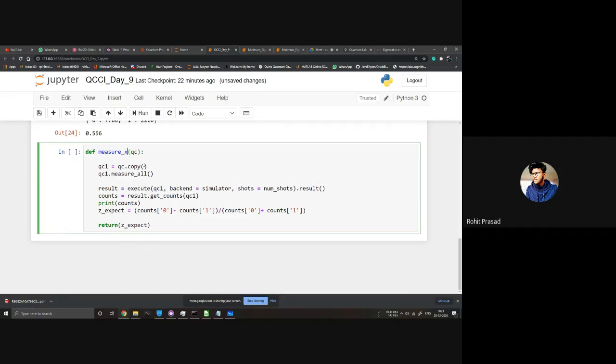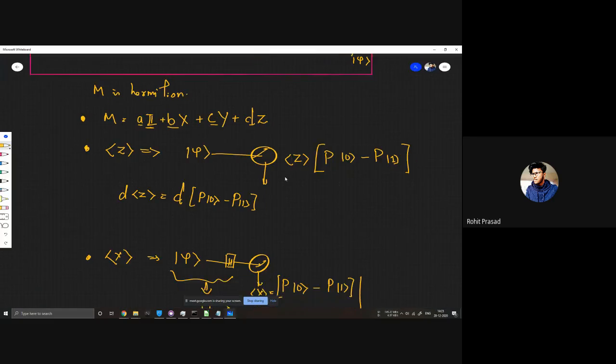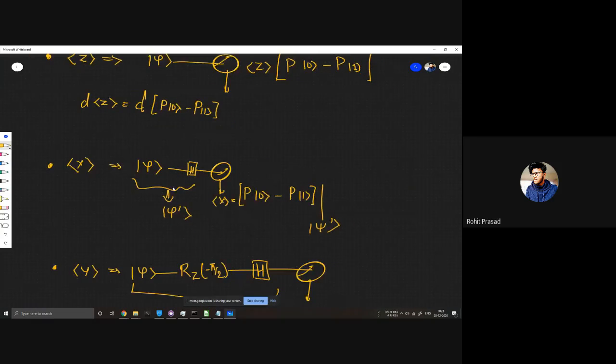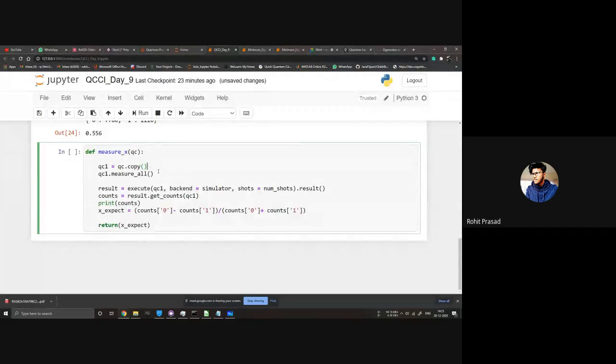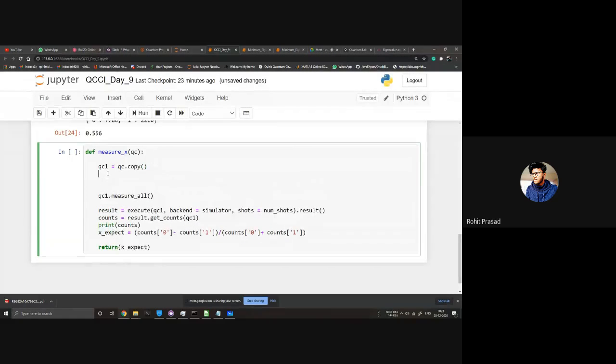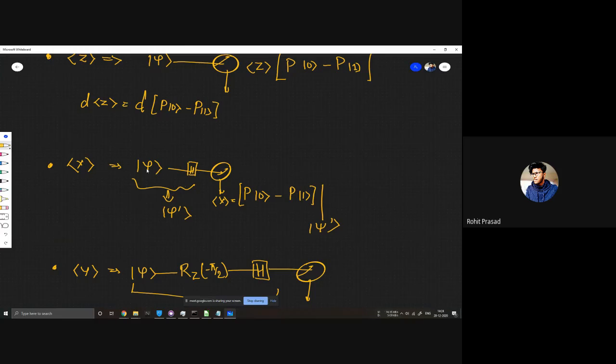Let's make this x. Okay. So everything should be all right. X. But this is for psi. What we need is for our psi dash. So till this we have a state psi here. And to convert it into psi dash, we need to apply a Hadamard.